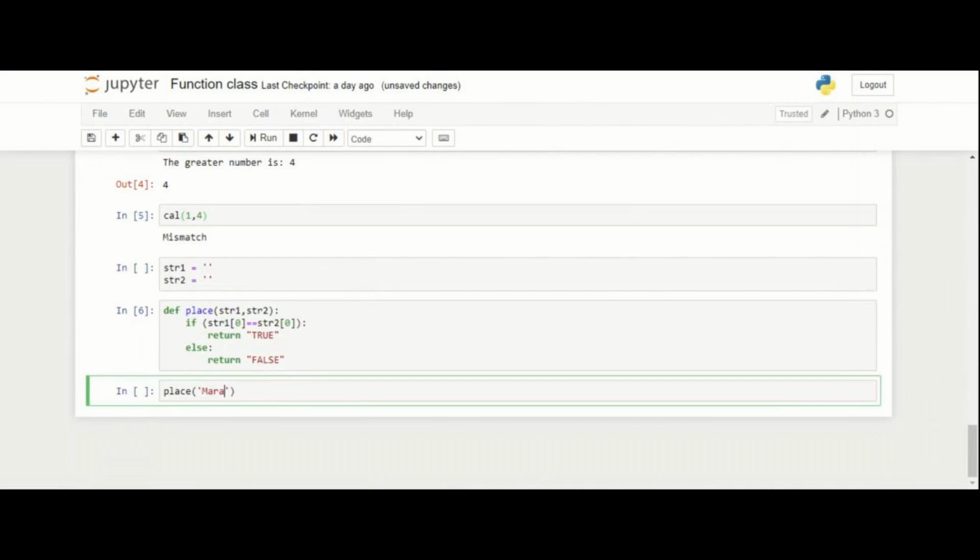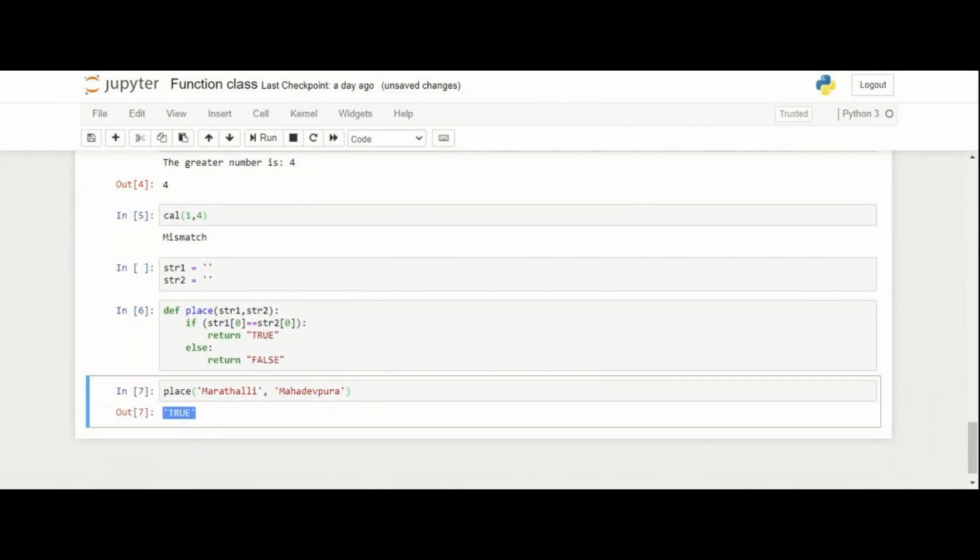Marathalli, okay. And then I'm giving Mahadevpura. Okay, so in this case, it should return me true, right? Yeah. It has returned me true.